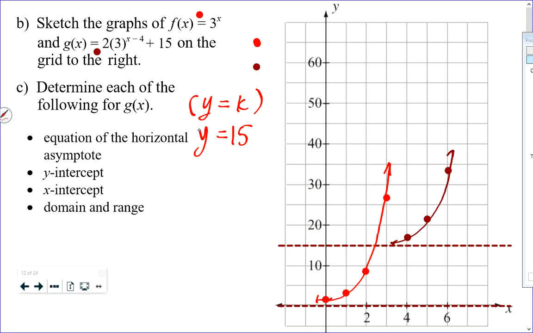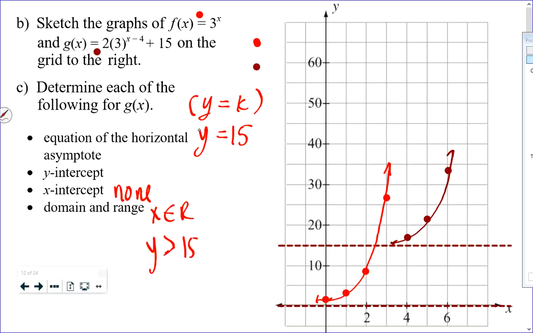The y-intercept here, well, let's walk away from the y-intercept for a second, because there's no way, listen carefully, there's no way for you to determine the y-intercept by using transformations. Because this old y-intercept doesn't transform to the new y-intercept. That's not how it works. We'll come back to that. X-intercept, you can see there are none. Domain and range, well, x is any real number. You can tell that. And the range, y is greater than or equal, nope, y is greater than